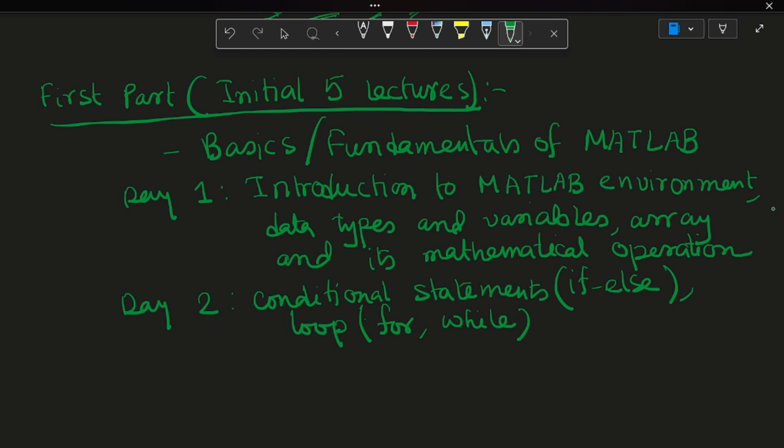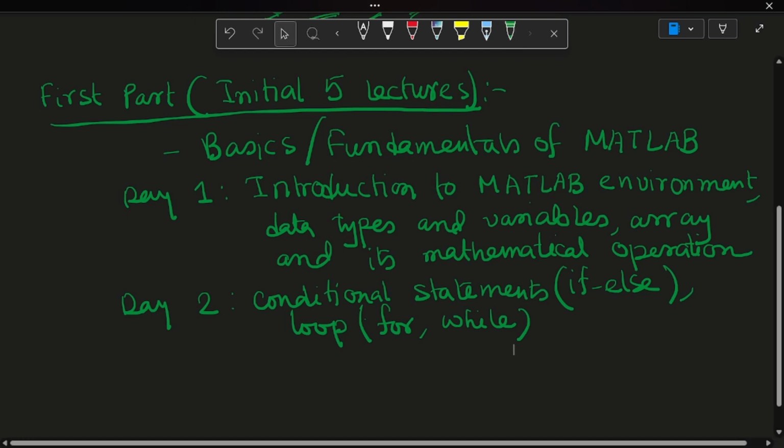So these conditional statements and loops are the core of writing any program, be it in MATLAB, Python, C, or whatever. So we have to learn them very concisely. And after that,